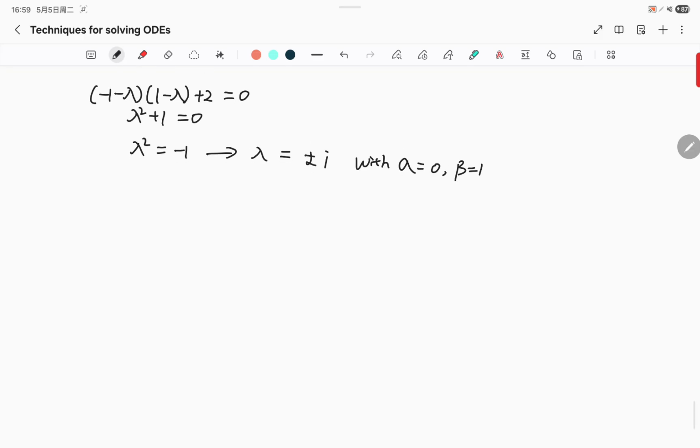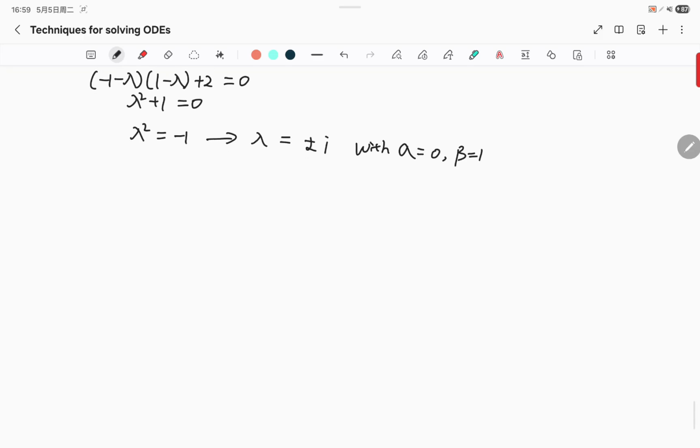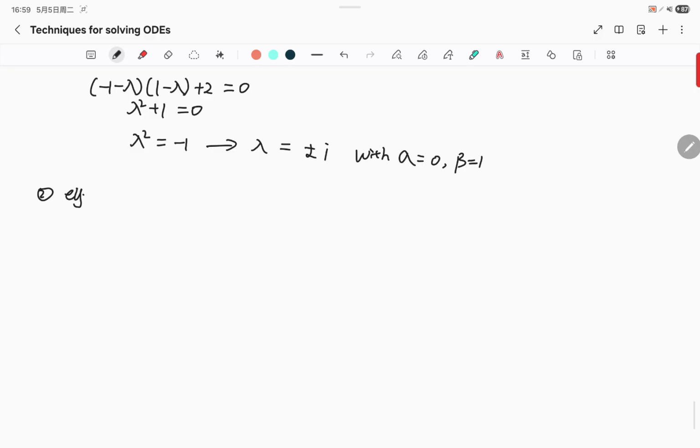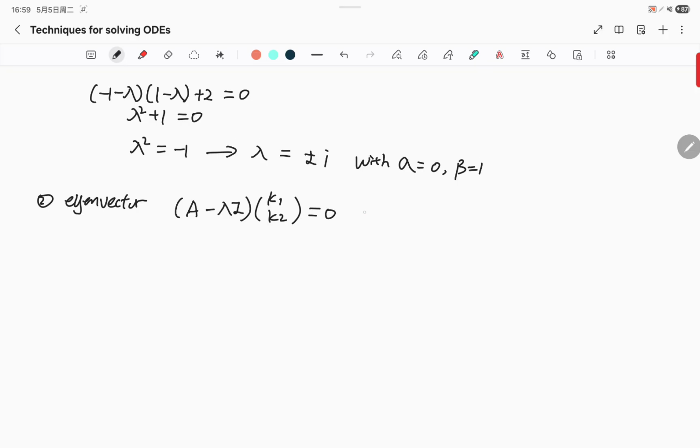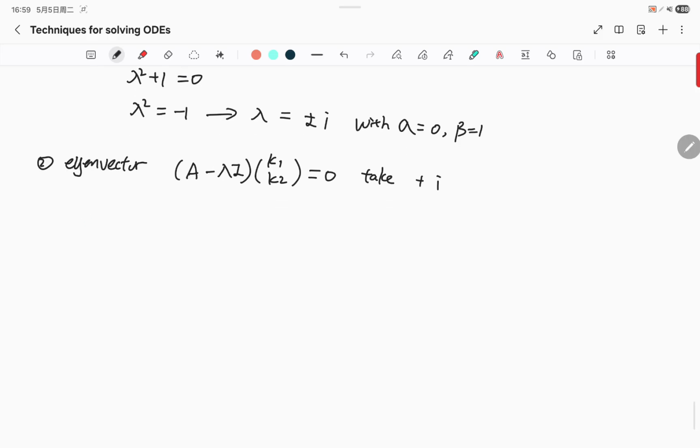Again, this is a complex case, the third case, the ugliest case. So now we do the eigenvector, and we're going to take the positive form. Now we have